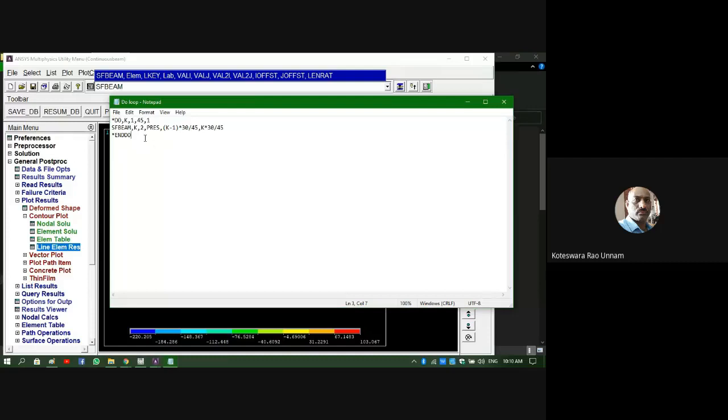Then load key is 2. 2 indicates that you are applying force in the vertical y direction. So y direction means it is 2. Z direction means 1, and x direction is 3. Like that, the software has given the labeling values. If you go through the element library document, you can know all those things. Since your load is in the y direction, you need to enter 2. Or if you want to know other things, you can refer to that element library document, you will get it.